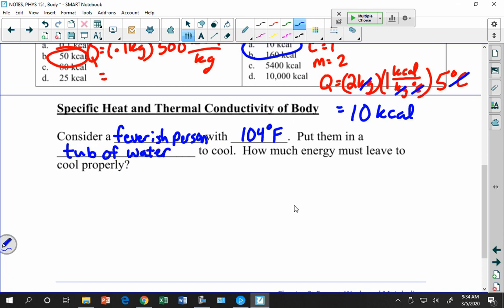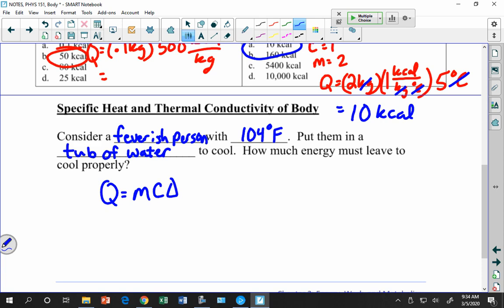How much energy must leave the person in order for them to cool properly? So kind of like the bomb calorimeter with the little piece of fruitcake inside of the water, except in this case the person is inside of the water and they'll raise the temperature of the water. But how much energy has to leave their body for them to actually bring their fever down? So if you imagine your person